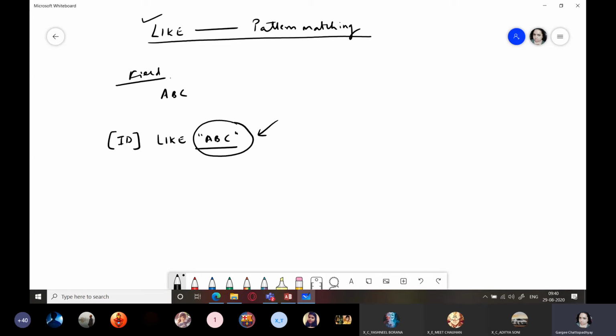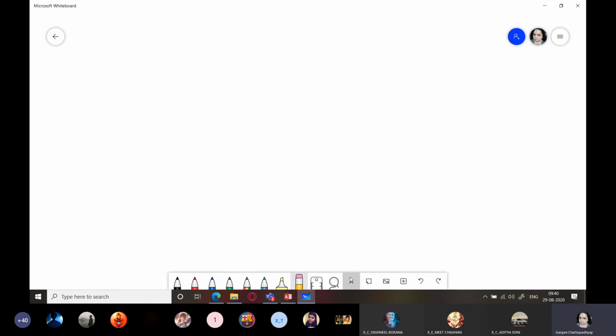So now we'll start with data validation. Now this data validation is of two types. One is field validation and the other is record validation. So we'll start with the easiest one, that is field validation. What is the difference between the two? So please write them and then I'll explain.